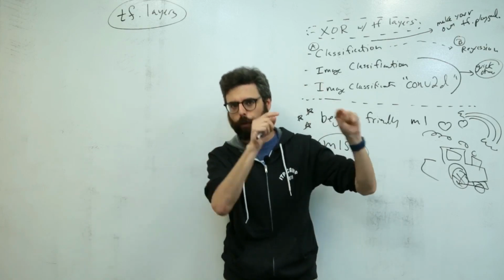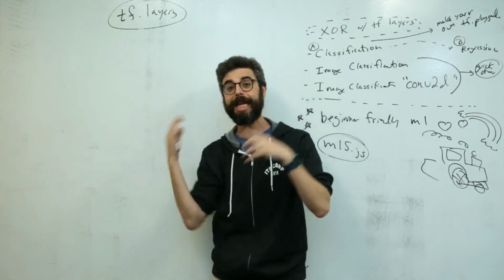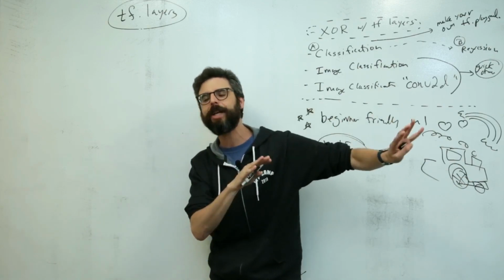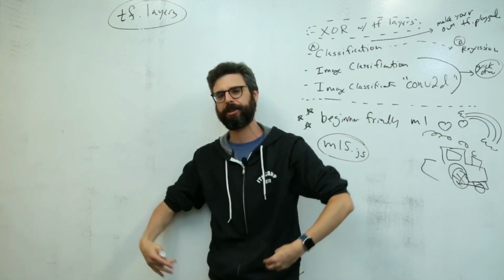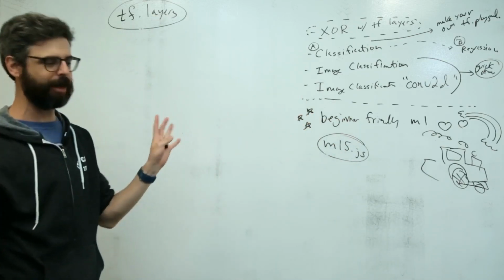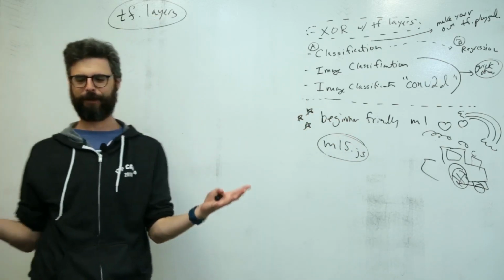I did 2 tutorials about what the TF layers API is. You could pause now and go and watch those and then come back here. But in those videos, I didn't actually do anything with TF layers. I just sort of talked through and typed out some code. So the problem that I want to solve, and apologies for explaining this probably for like the 15th time on this YouTube channel,